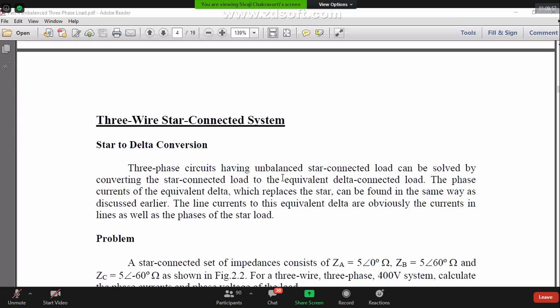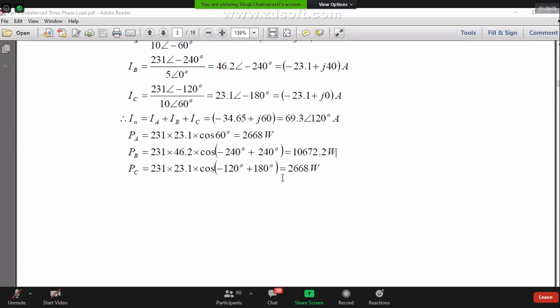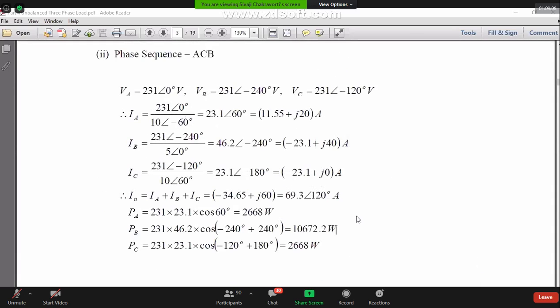Now you simply interchange the two terminals. That means the B phase of the motor is connected to the C phase of the line, and the C phase of the motor is connected to the B phase of the line. Just interchange the lines and your phase sequence is reversed. Then the motor is running on ACB phase sequence, because it all depends on which source is connected to which terminal. So this is how in practice we do it.